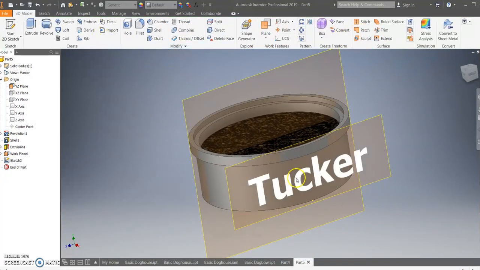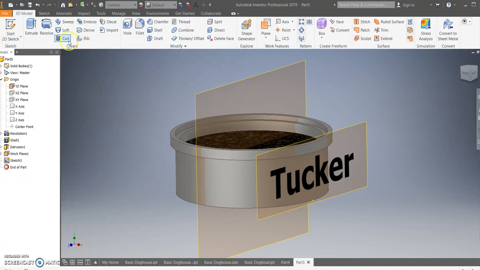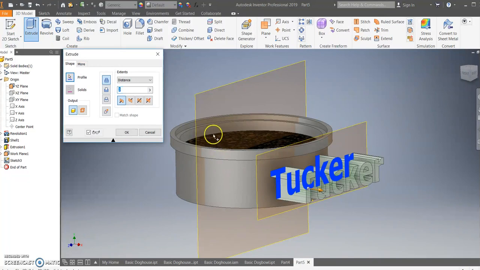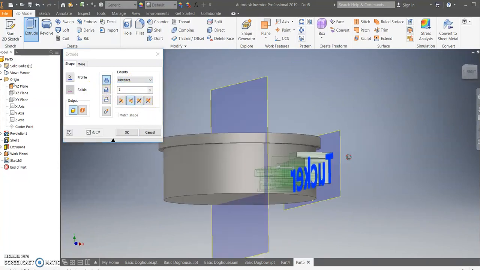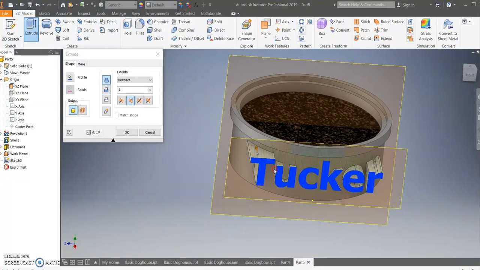Alright. Now it's not done yet because obviously it's still just a 2D. So now I'm going to extrude this, click on Tucker, notice it's going out. We want it to go the opposite direction, and now it's going to look like that, which is going to be kind of weird. So we could do that, but I think there's a better way. So let's cancel that,